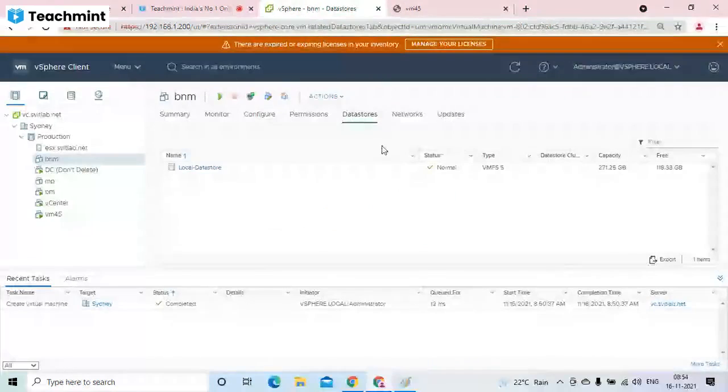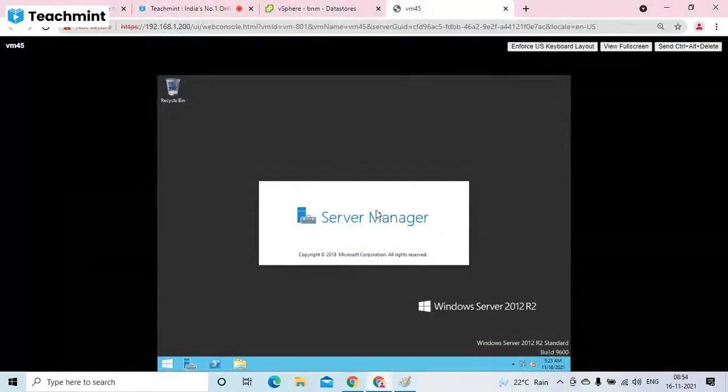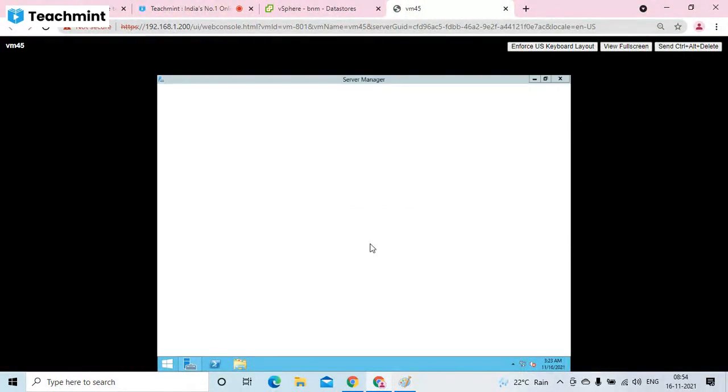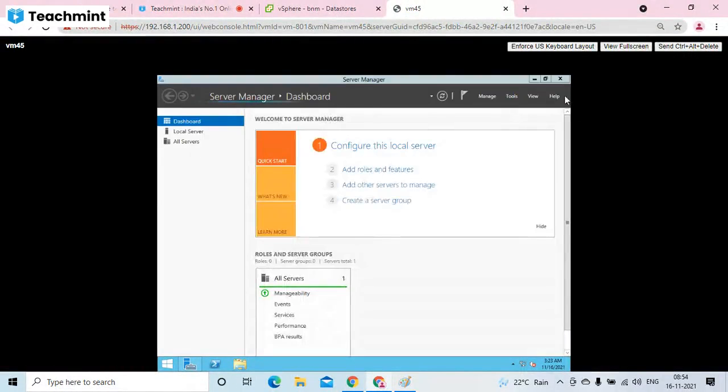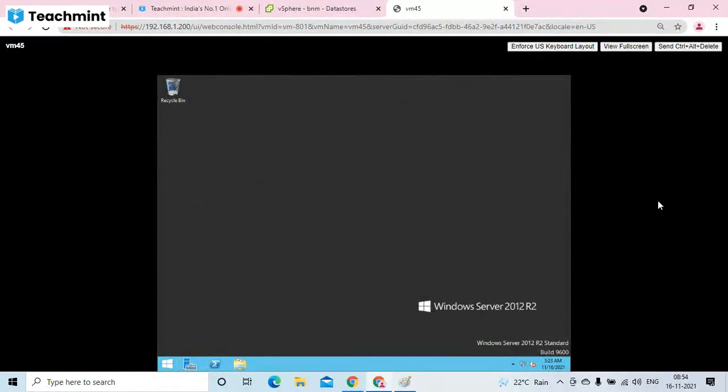Okay, so that's how we create a virtual machine and install the operating system. It's almost like yes or no questions only asked during the OS installation. Even if you're installing some OS for the first time, it will be simple. Try to install any operating system until you get confidence.